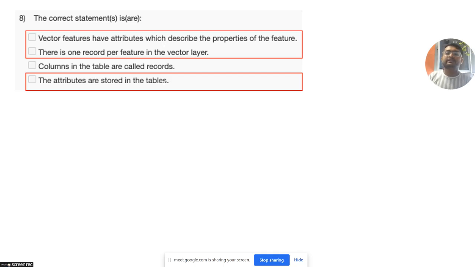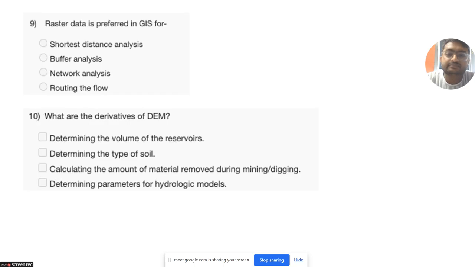Columns are known as features, or you can say the attributes, whereas each row will represent the records. Suppose, as a person, if I am having name, surname, birthplace, those will become my columns, as the header and then subsequent values. One row will represent all the information about me only. Another row has the information about another person. So like that. Now, raster data is preferred in GIS for